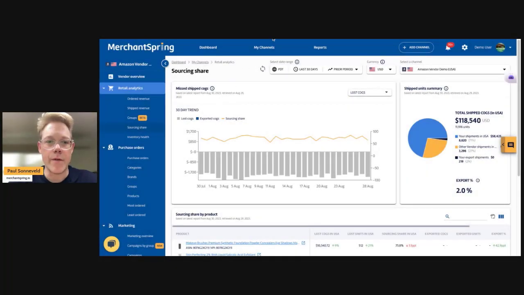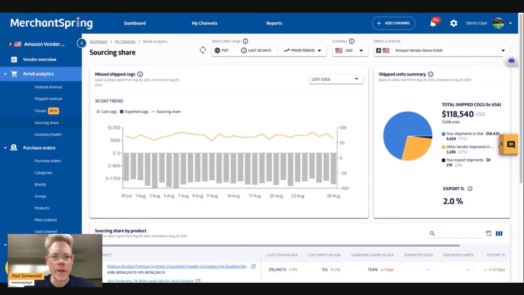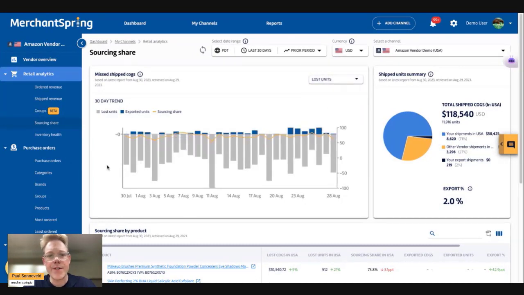So here in our demo environment, I'm looking at the sourcing share report, and I'm just going to toggle it to actual units. And what you can see here is we are actually looking at two different gaps. The first one is lost units. The definition of that is where we consider a unit lost when Amazon decides to source a product in order to fulfill a customer order, not from your specific inventory, but from somewhere else. So in other words, Amazon has decided to either source a product from a distributor, or as we see in many instances in Europe, but also in North America, Amazon has decided to source the product from another country.